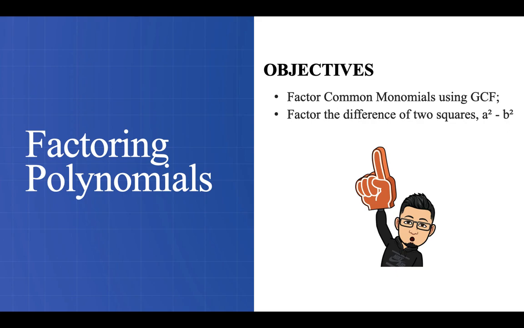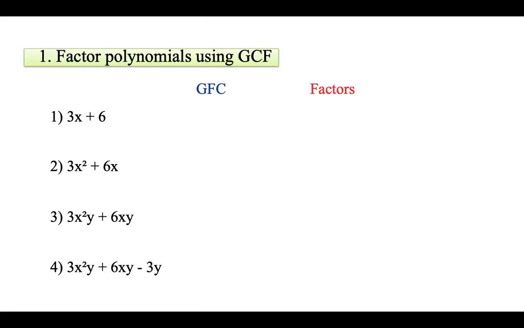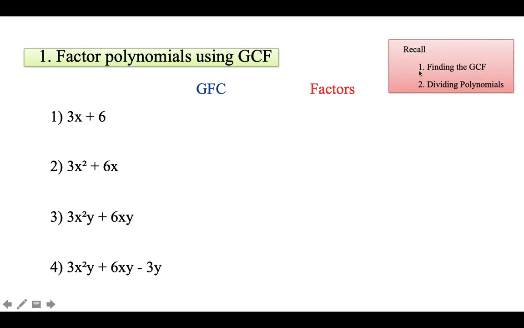Factoring polynomials. The objectives are: factor common monomials using GCF, and factor the difference of two squares, a squared minus b squared. To factor polynomials using a GCF, it is a must to recall the following lessons in your